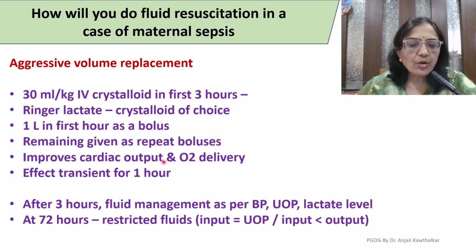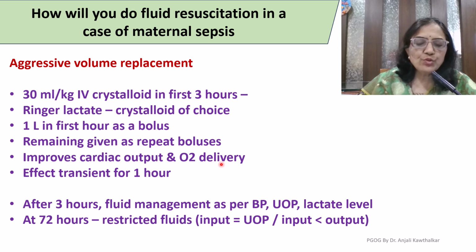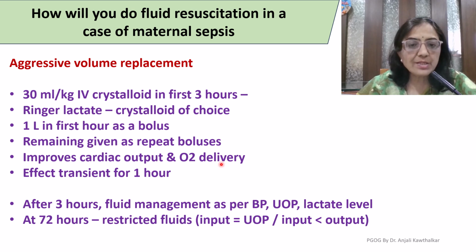It improves cardiac output and oxygen delivery to the tissues. As we have already seen, tissue hypoperfusion leads to septic shock and it precedes hypotension. But unfortunately, the effect of this bolus administration of IV fluids remains only for 1 hour. It is transient. Now, once you provide this, after 3 hours of the volume replacement, fluid management is to be